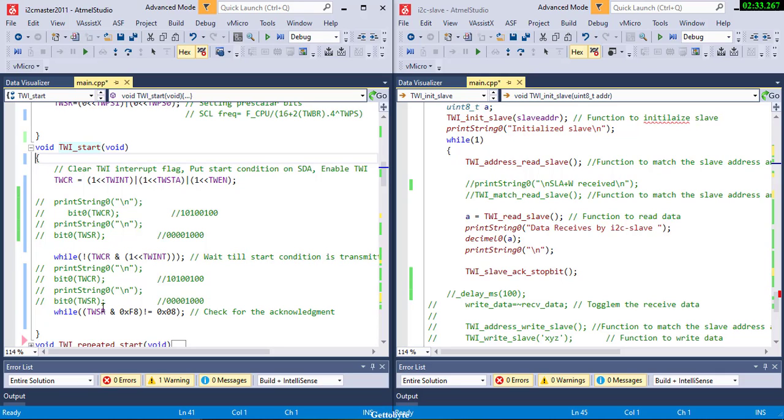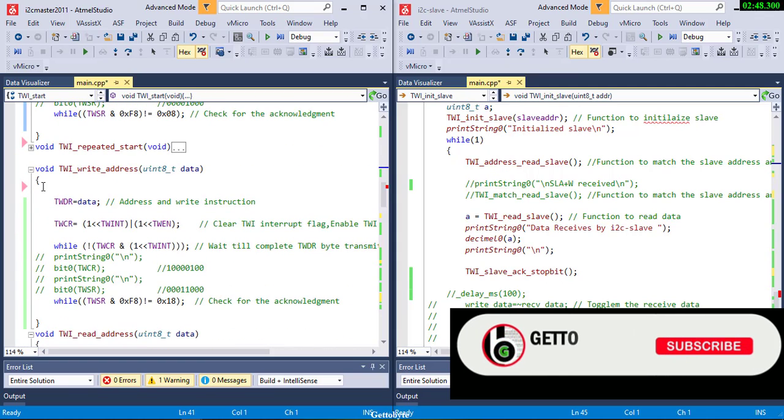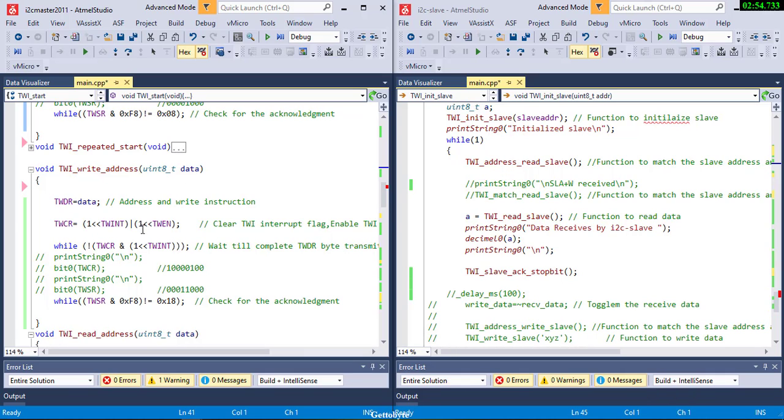And then I am checking my status code. Now the start status code does not depend upon my slave. On successful transmission of the start signal, my status code will be updated with 08. Then I have used the write address function. In this I have passed my argument as the slave address and